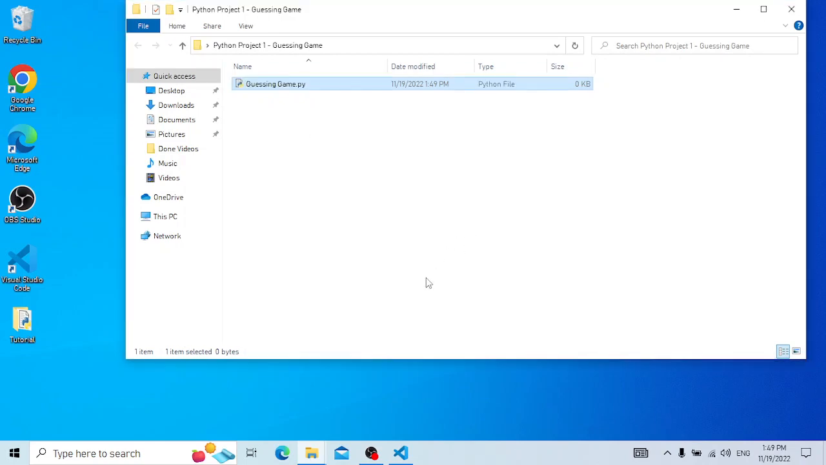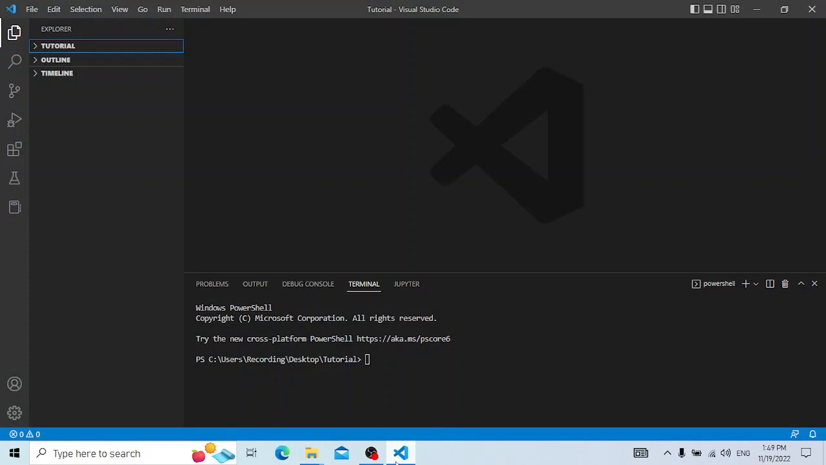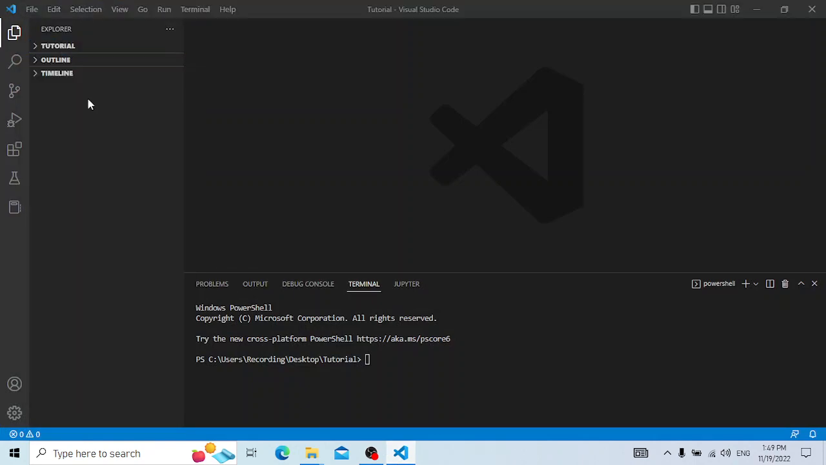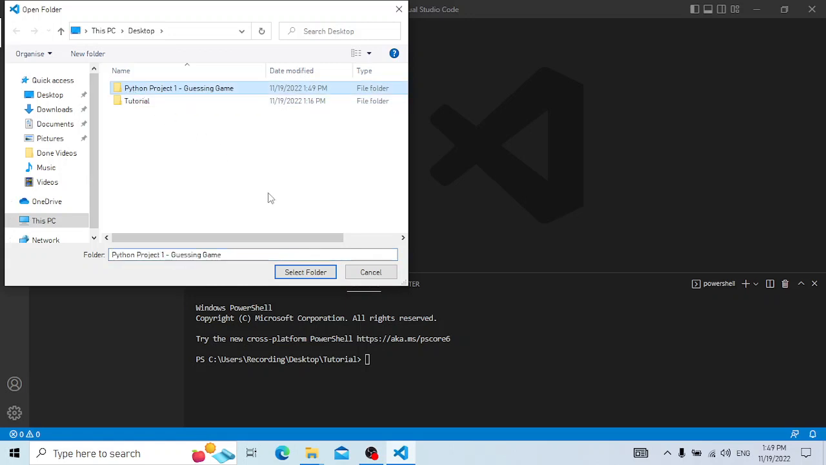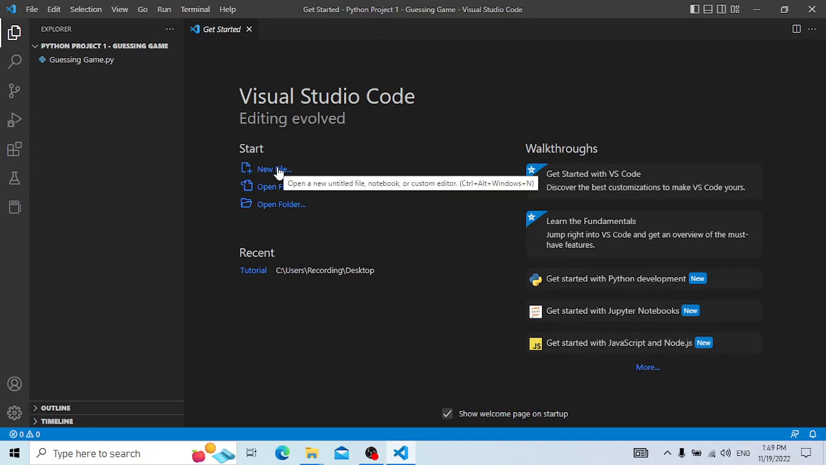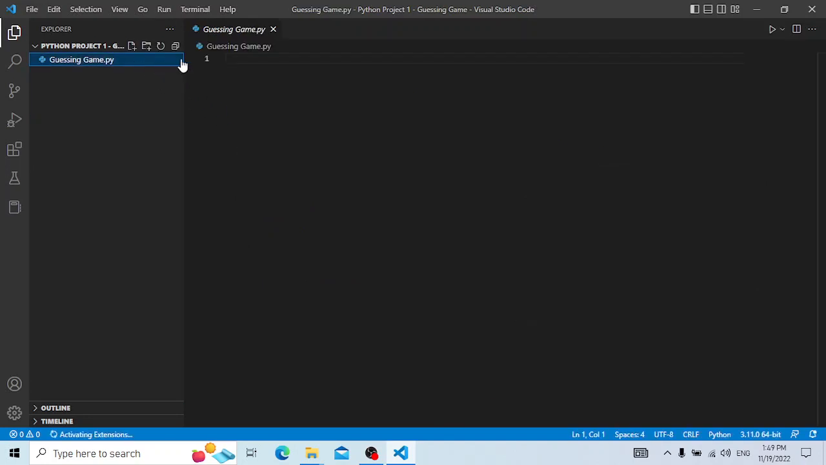You're going to hit yes, and in Visual Studio Code you're going to go to File, open folder, Python project 1 guessing game. Now you're going to head to guessinggame.py, and here we have a brand new file. Remember to hit Ctrl S to make sure that looks normal, and we're going to begin by doing a higher